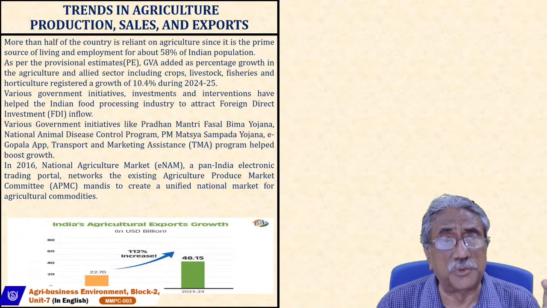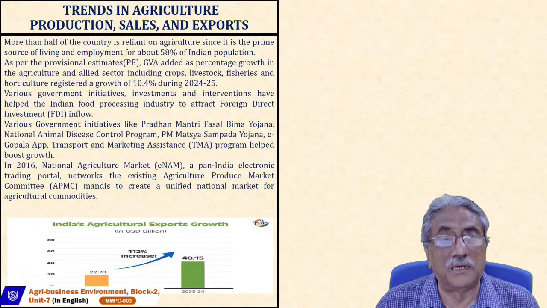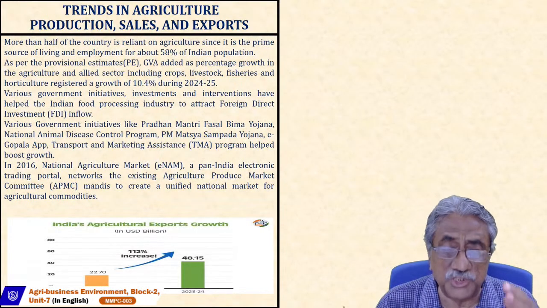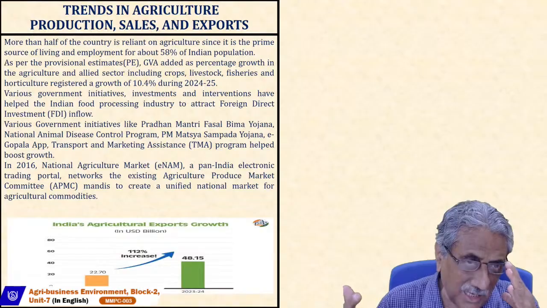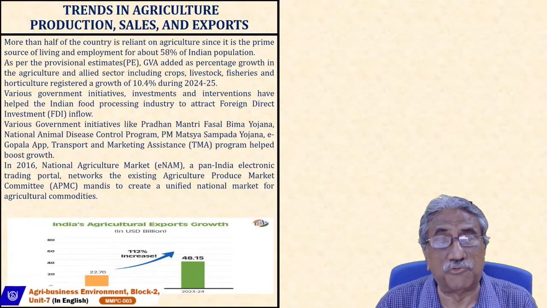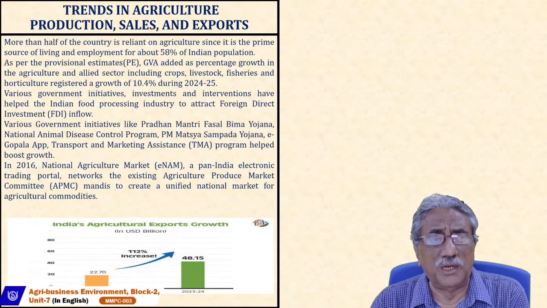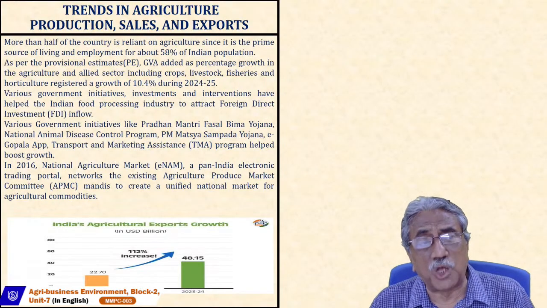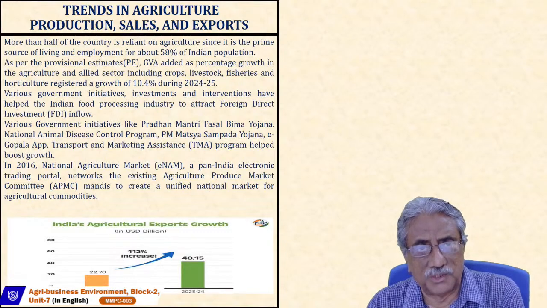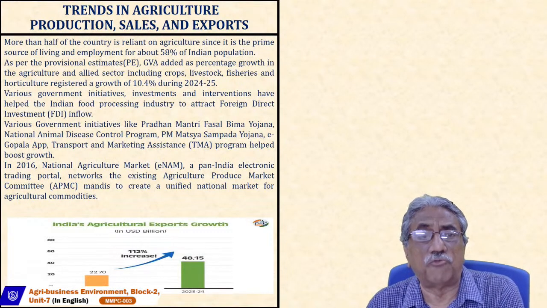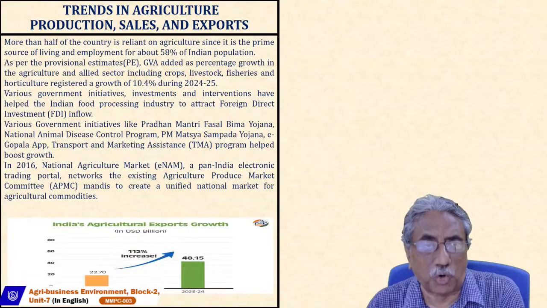If it is dal, it has to be processed. And now there are a lot of other products which are to be processed and come into the food processing industry. So the food processing industry is very important so that they can absorb the agricultural produce. And there the need for foreign direct investment is very important.